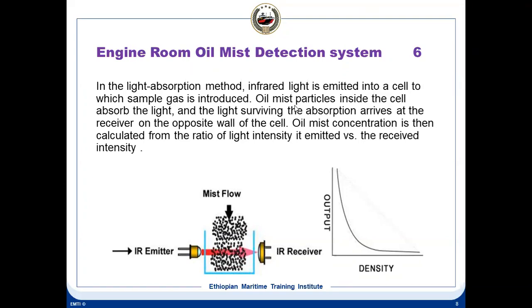Maybe there is a leakage. It can cause an oil mist. And there can be a lot of ignition sources on board ship. It can be from a hot pipe, or maybe some electrical short circuit, maybe from static electricity. It can cause an ignition. So it is very critical that this oil mist detection system in the engine room has to be tested. There are some test procedures also, and it should be running.